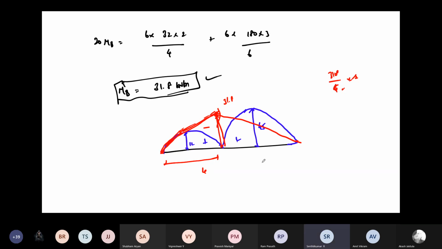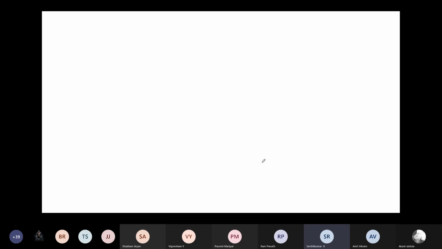Okay. The only thing required from this class is you should know the equation of 3 moments, how to write the equation of 3 moments. From that you just calculate and do it. So another problem we will see. If you are having 4 supports, how will you use the same 3 moment equation? Because here we are having 2 unknowns.